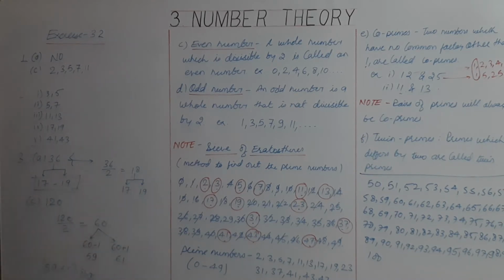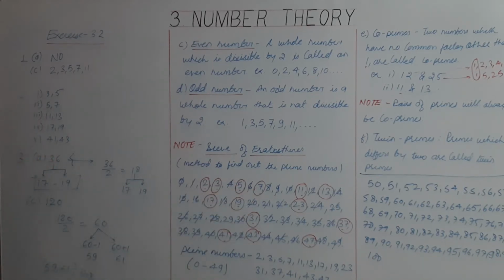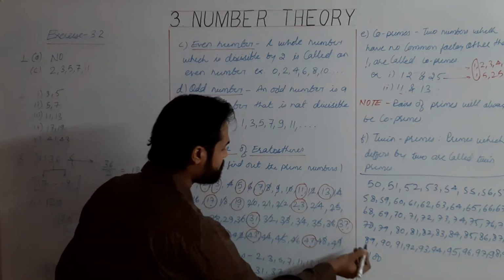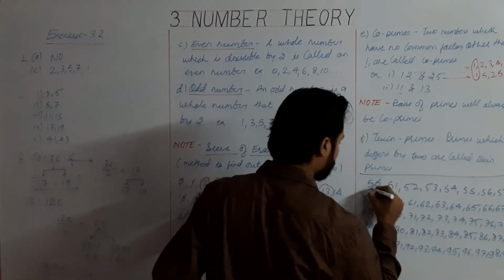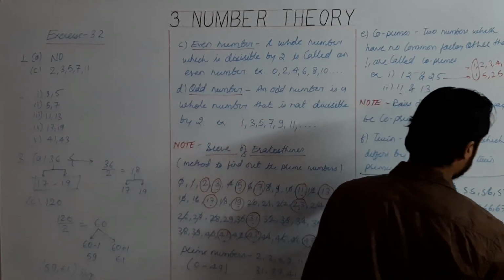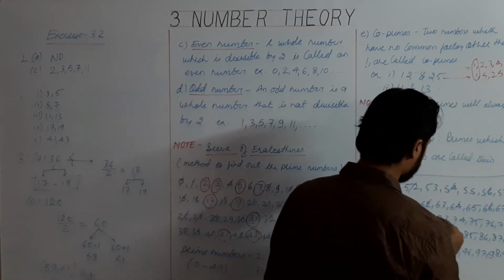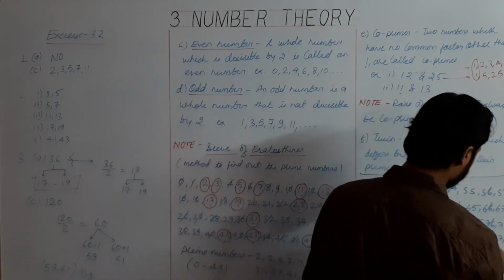Then we have to repeat this process. Starting from the first step, strike out 0 and 1, done. Then the first number is 2, and you have to cross all multiples of 2. The last number is 49 here. After 49 we have to strike out multiples of 2. 50 is a multiple of 2. Then 52, 54, 56, 58, 60, 62. So strike out every multiple of 2, or just add 2.